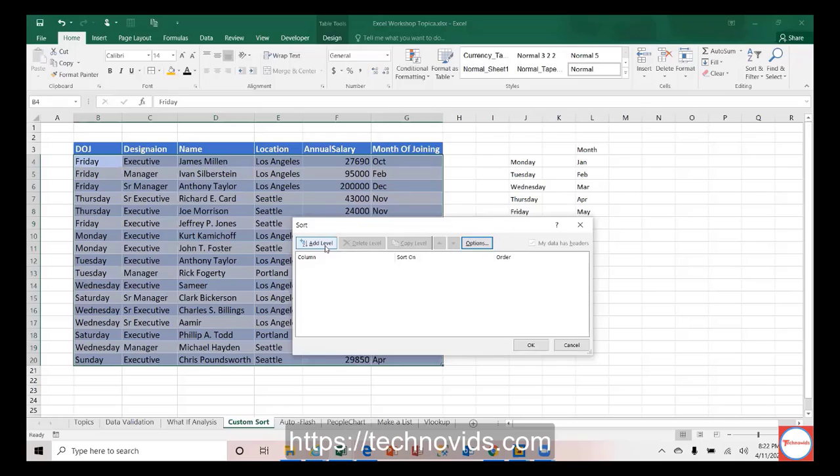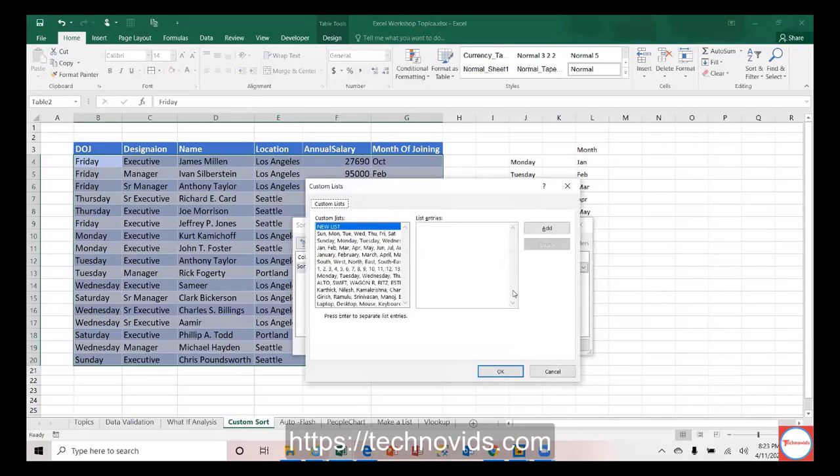So I'm adding a level where I want to sort. I want to sort this column. Which column? The B column. The B column header is day of joining, right? Day of joining and values. And instead of saying A to Z and Z to A, there is an option called custom list. If you have noticed, this is what I showed you some time back, right? Laptop, this thing, that thing, and all. So this is my requirement currently.